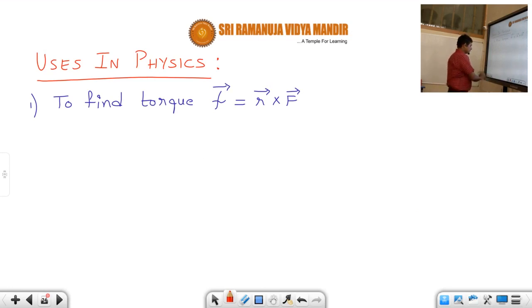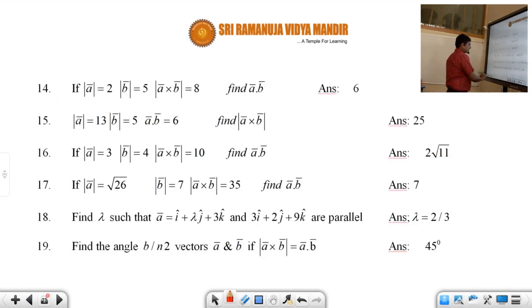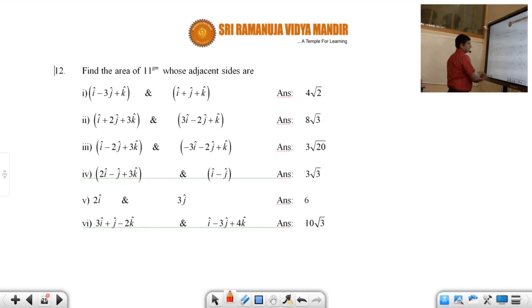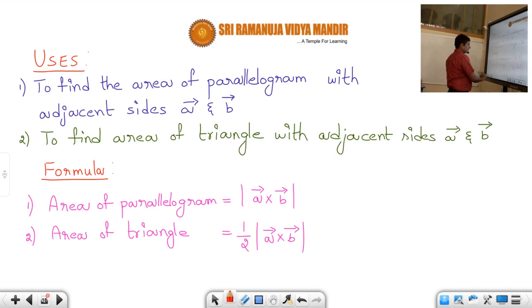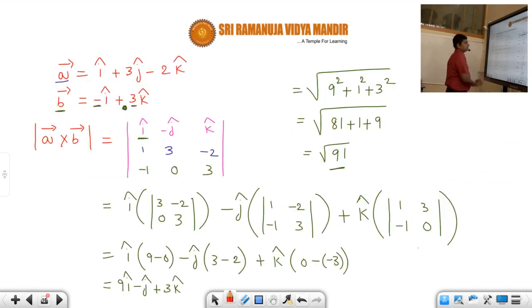Okay. So for this session I'll stop here, students. I hope you understood what is meant by vector product and how to find out the direction of vector product, students. Okay. So if any one of you feel that it is very difficult and I am not able to understand, if you want you can skip this topic also. So it's not an immediate thing that we have to learn. Just for the completion of course we have to learn, so therefore we are teaching. But otherwise, if any one of you feel, then you can skip it right now.